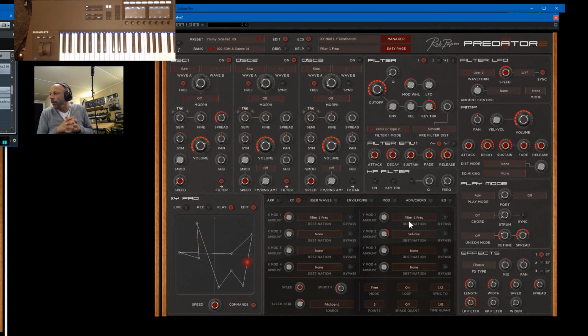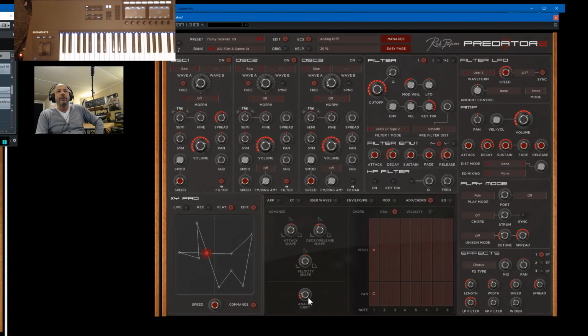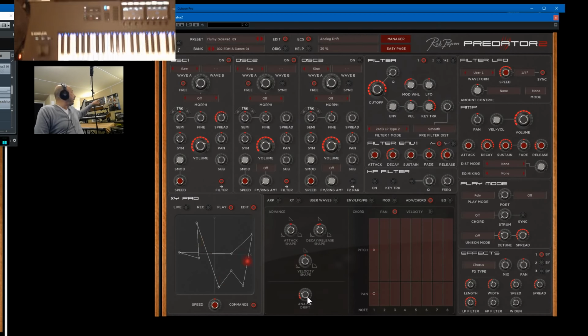Could you talk about analog modeling circuits, how it's done? Yeah, essentially it's all DSP code, and John Iris, the brilliant coder who works with me as a team, making all the Rob Papen products. It's all essentially done in the DSP code to get a certain sound. So we have analog drifting. If you go to the advanced panel, you can see we have analog drift, because if you see here my